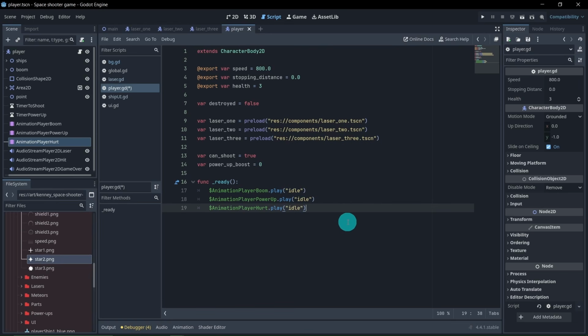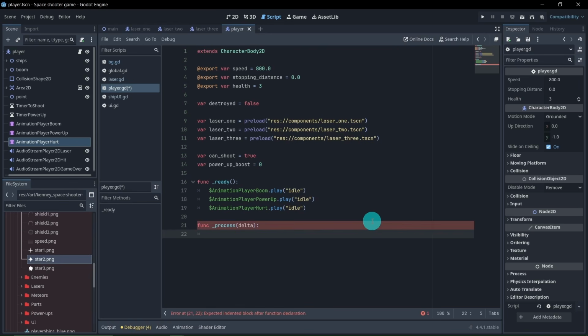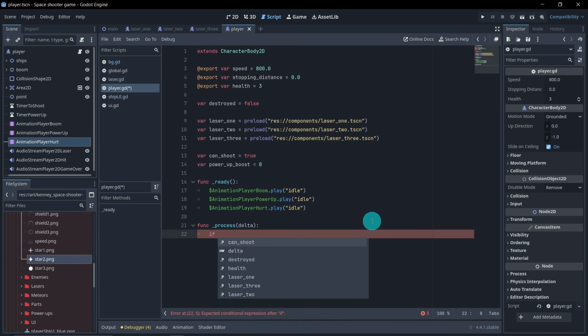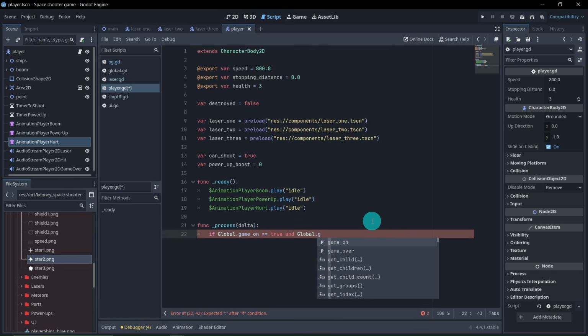Let's move on to the next one. This is going to be our process function, so everything that we want to happen continuously while the game is played. So go ahead, _process. Now the first thing we need to do is make sure the game is on, and that we have some health, so we're not destroyed. So let's say if Global.game_on equals true and Global.game_over equals false. If both those are the case, then we can go ahead and run a function we're going to create called